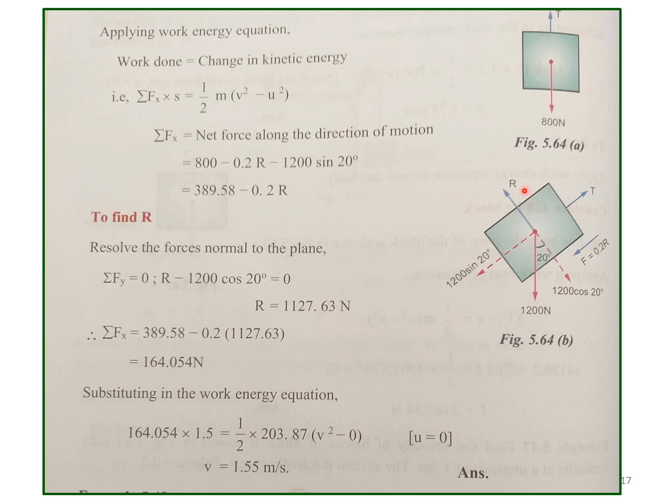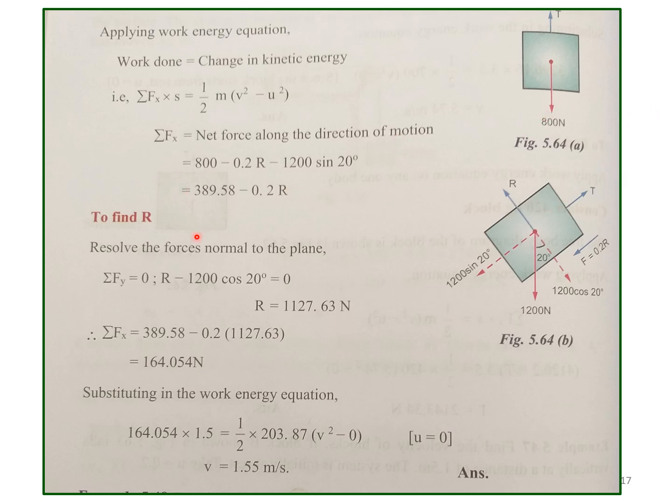So if you see the net force in the direction of the motion, this is the direction of the motion of this block. So 800, then minus T will be there. Then if you take this block, it is going to move in this direction, again plus T. So 800 minus T. Then for this block, this is the direction of the motion, therefore you will be getting plus T, then minus 0.2 R. Again this force is there, minus 200 sine 20. So this minus T and plus T will be cancelled.